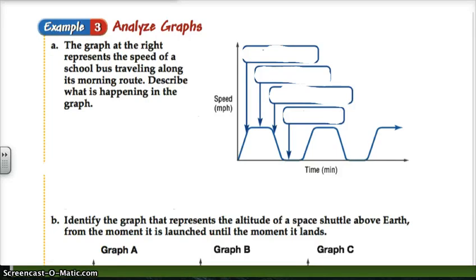This is section 1-8, algebra 1, and we're going to pick up with example 3. Here we're going to analyze a graph, and what I want you to observe is that when you're talking about